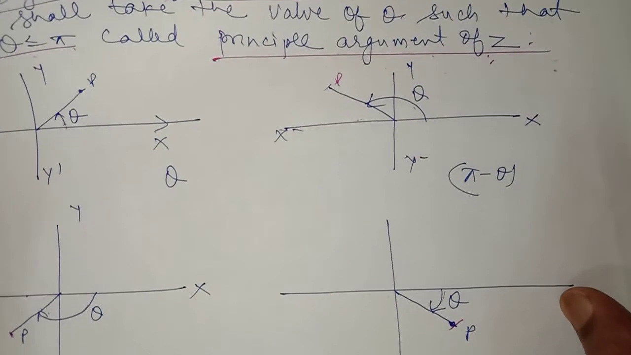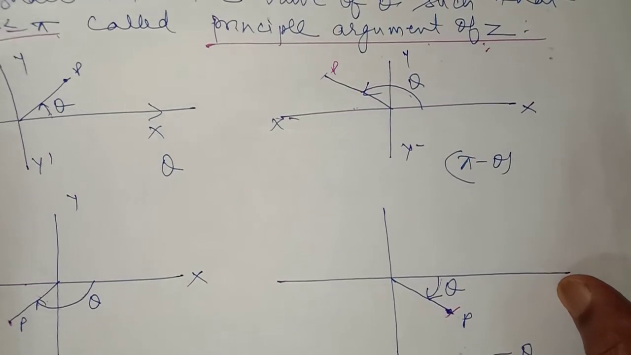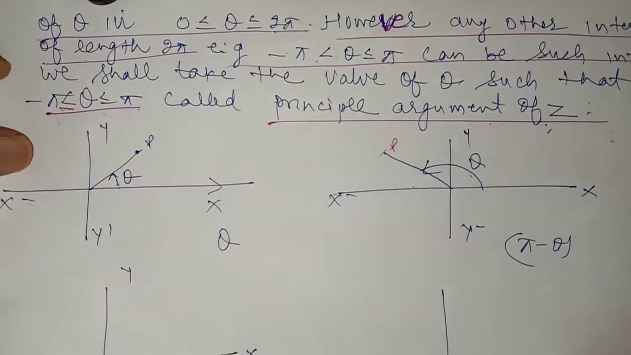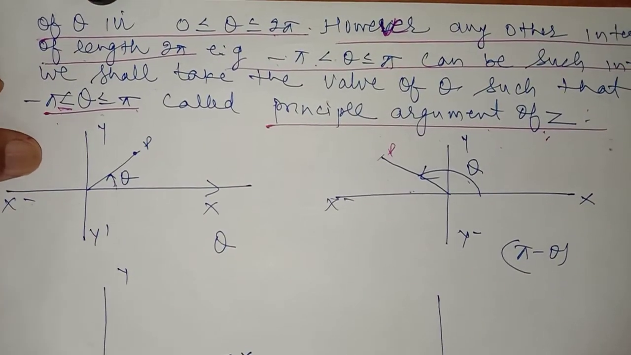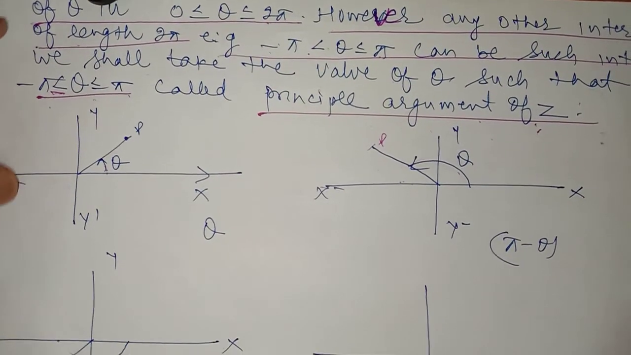So this is the basics of the complex number, the imaginary part, and the polar form of the complex number of this chapter,